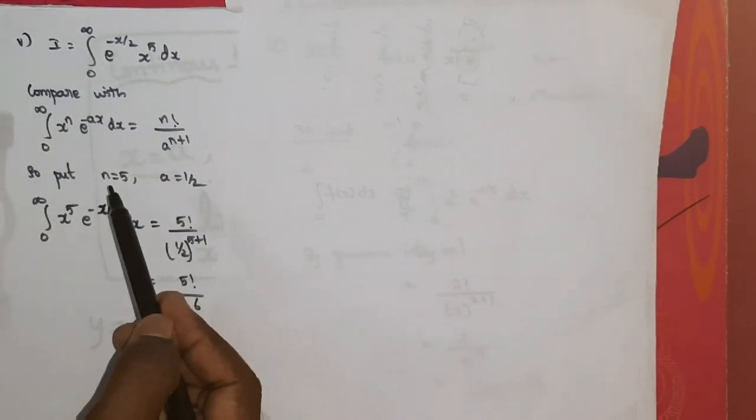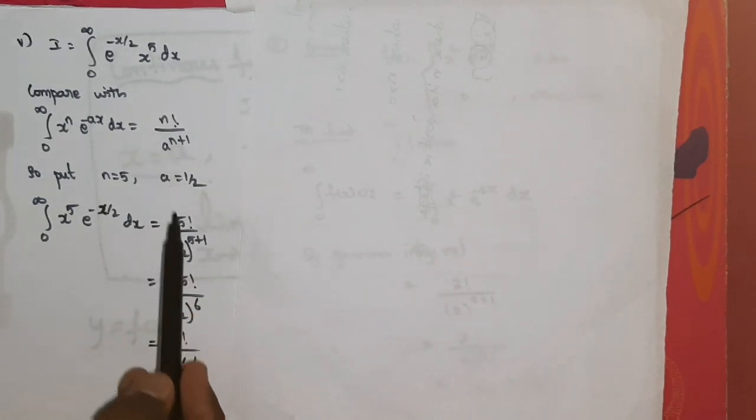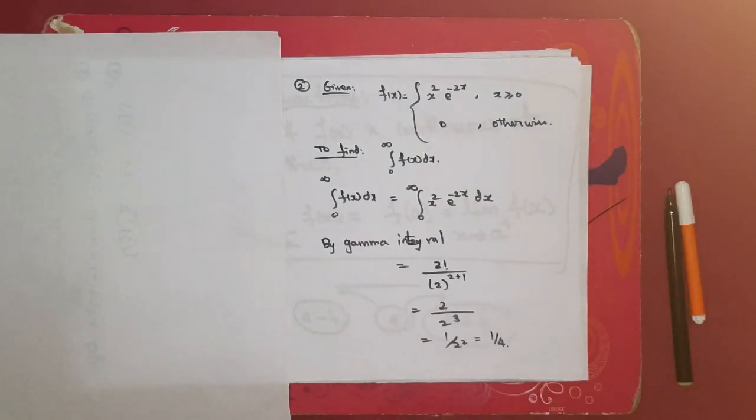Now take n equal to 5 and a equal to 1 by 2. Apply in the formula, that's all. So you have n factorial, that is 5 factorial by a power n plus 1, that is 1 by 2 whole power 5 plus 1. So 5 factorial will be the same. So 1 by 2 the whole power 5 plus 1 becomes 6. So give the power 6 to 1 as well as to 2. So 5 factorial by 1 power 6 is 1, but 2 power 6. Take the 2 power 6 to the numerator. So you get 2 power 6 into 5 factorial, and that's the answer for the given integral.